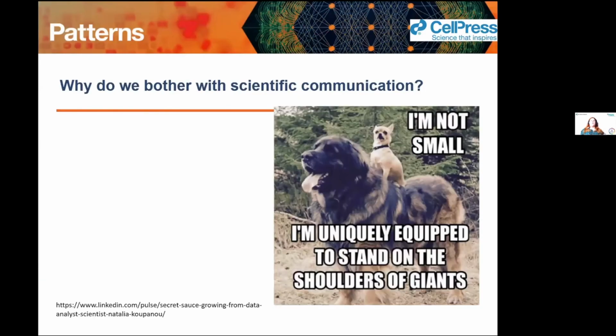Well, why do we bother with scientific communication in the first place? We're doing our jobs as scientists, and why do we have to talk to people? Talking to people can be hard. Communicating our science can be hard. And